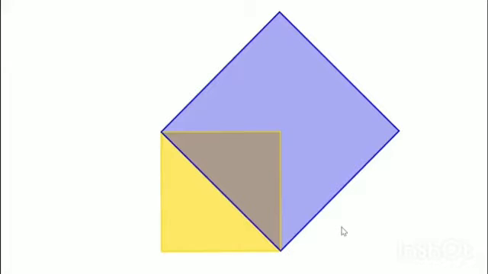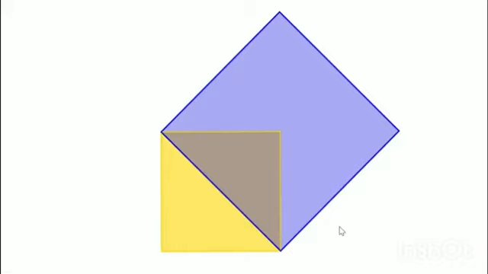When the sides of a square are 1 meter, then its area is 1 square meter. Here the area of the large square is 2 square meters. So definitely the sides of the large square are more than 1 meter. When the sides of a square are 2 meters, then its area is 4 square meters. Here the area of the large square is 2 square meters. That means the sides of the large square are less than 2 meters. Therefore, the sides of the large square are in between 1 meter and 2 meters.